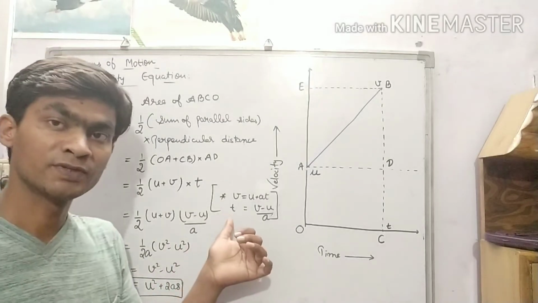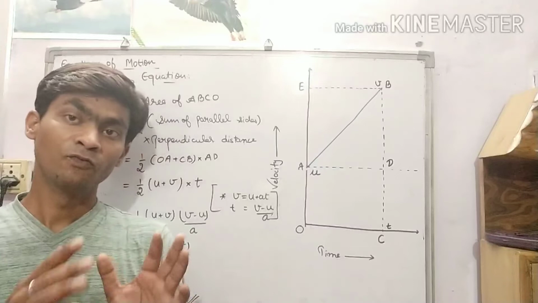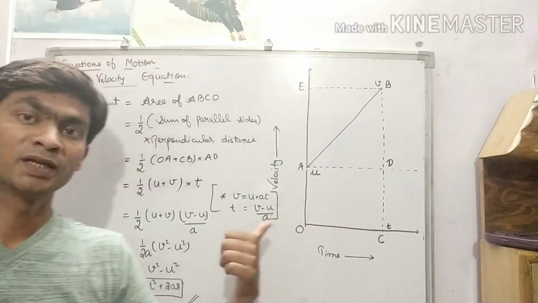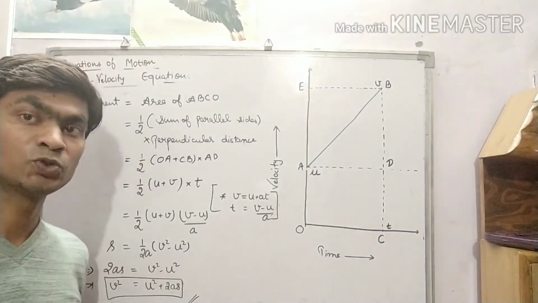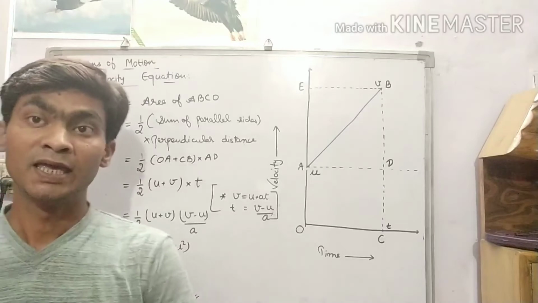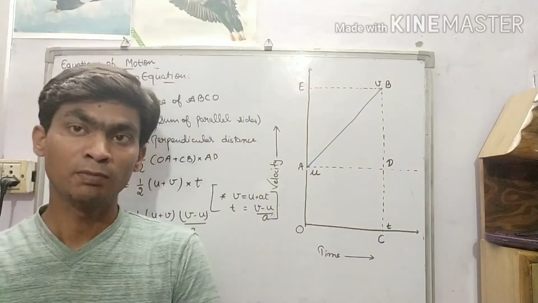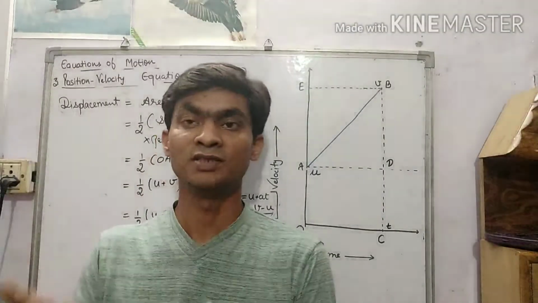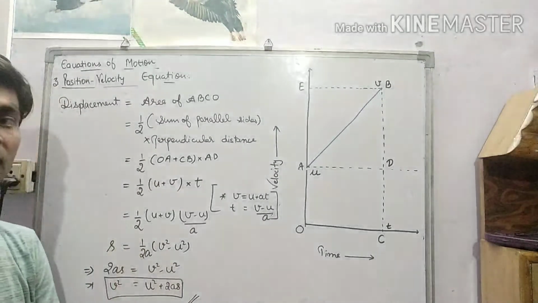And at the place of star, you can see again we have used the first equation. Which one was that? V equals U plus AT. From that, the T value we have found as V minus U upon A. That we have used here. Here we have used one identity that you have studied in class 8th. A minus B and A plus B, when multiplied, give the square difference, that is A square minus B square. The same we have used here, and we have found the relation.